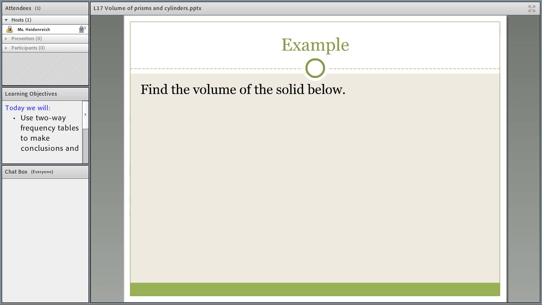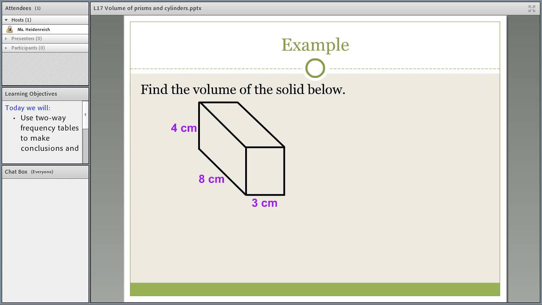And we're going to do this one together, and then I'm going to have you try one. So we're still going to find the volume. And I like that length times width times height. So I'm going to do that for my formula. And so it doesn't really matter what you decide to label the length